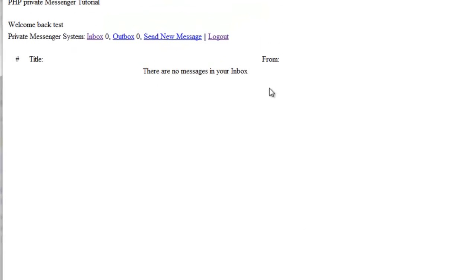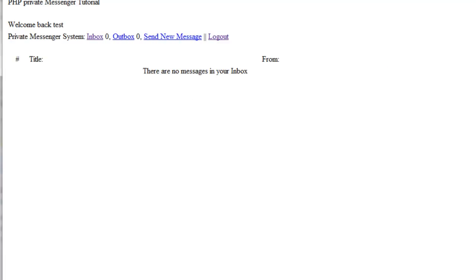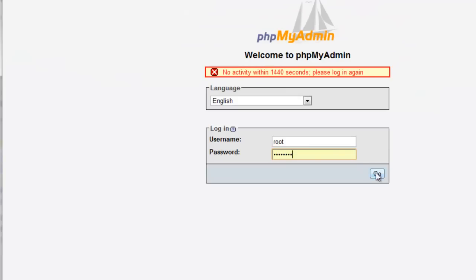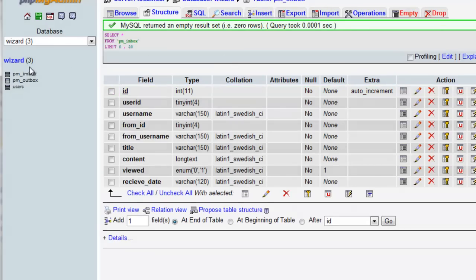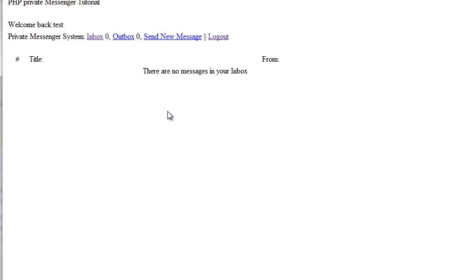Okay, so my time's almost up, so in the next tutorial we'll do the code that will display the messages. Well, we've already started on that, so now it displays it. Basically, if I go into my PM inbox and insert something, user ID 1, from 1, and then hello. Now when you refresh it shows up,